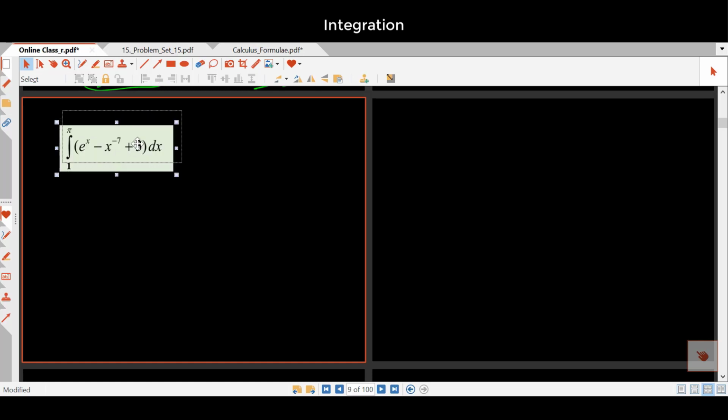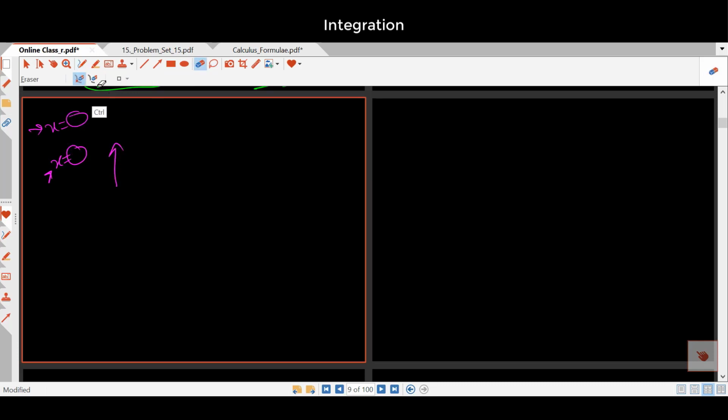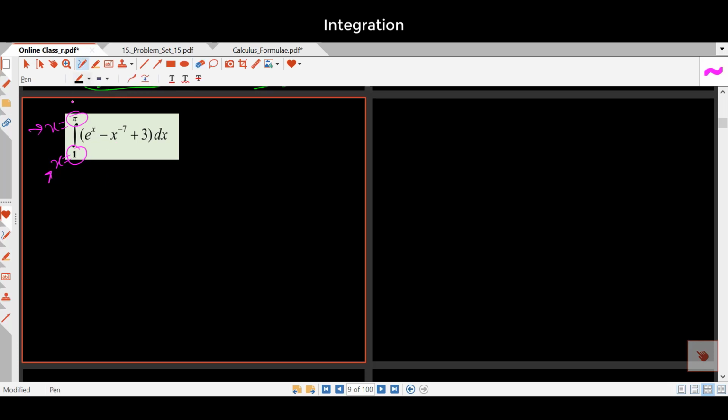So we have a definite integral here. Definite integral means we have a lower limit of integration and also an upper limit, or upper bound of integration. So this is the lower bound, this is the upper bound, and this is our function. Whenever we have this type of definite integral, first of all, to solve this you have to consider its